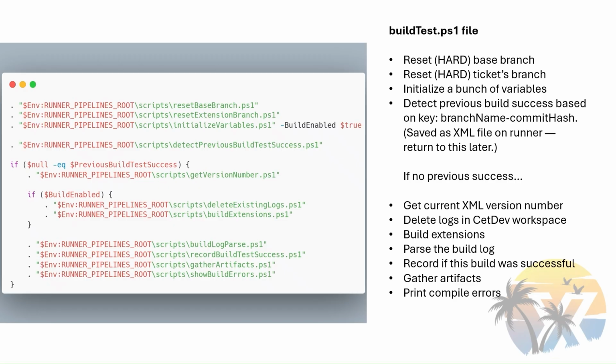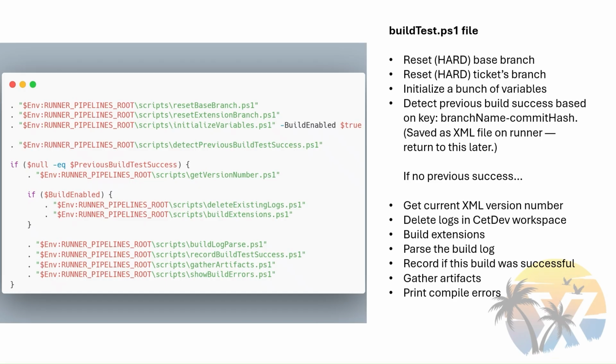I don't want, if someone makes 3 pull requests for a branch, which technically they'll only make 2 typically. If they make 2 pull requests, I don't want to spend 20 minutes building and testing one of them to find out that it works and then build it again afterwards. So now I spent 40 minutes building this branch instead of just building it once. So if it succeeds, I